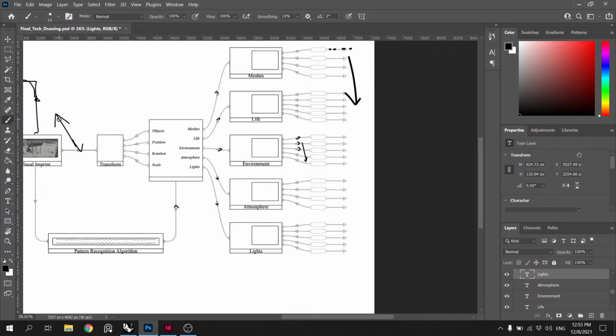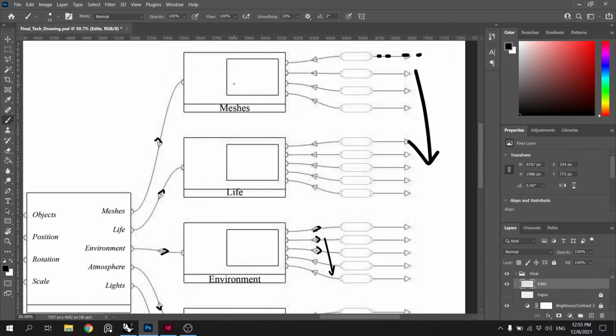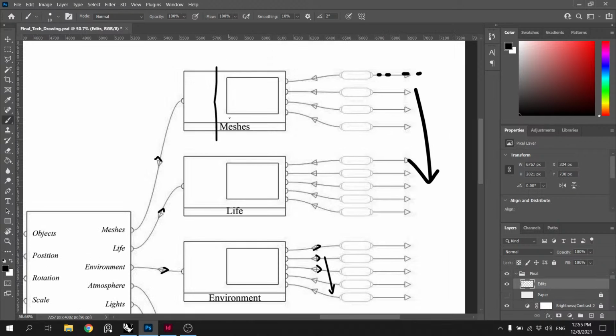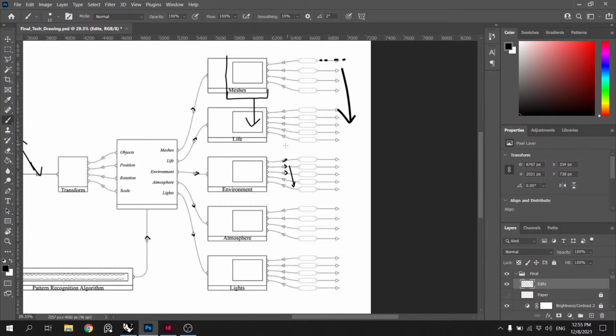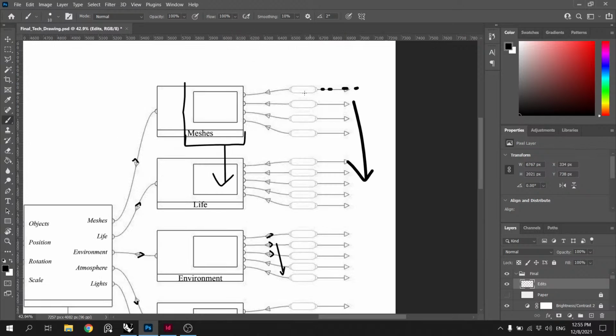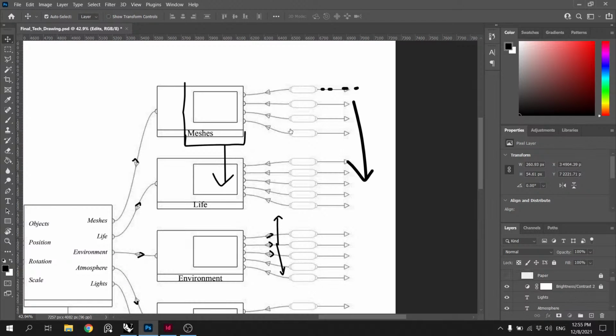So I'll just do an edit for them on my edits layer. So they're all going to get cut like this. And then obviously this is going to get extended, and that's for all of these. Okay. Then we have all their inputs, which are, again, 2 ways. And if we come here, they all come in.